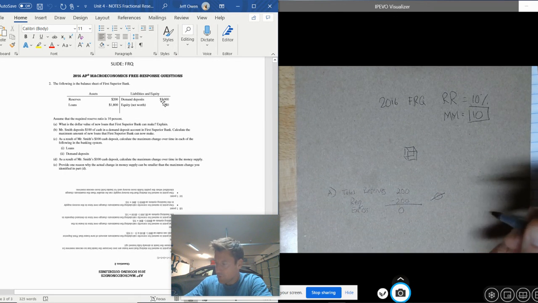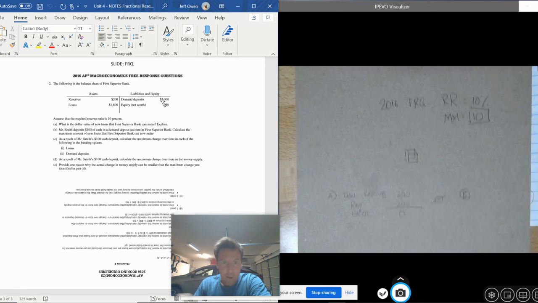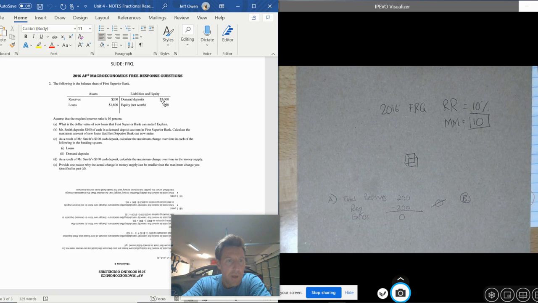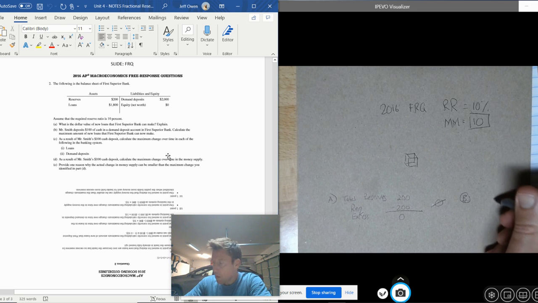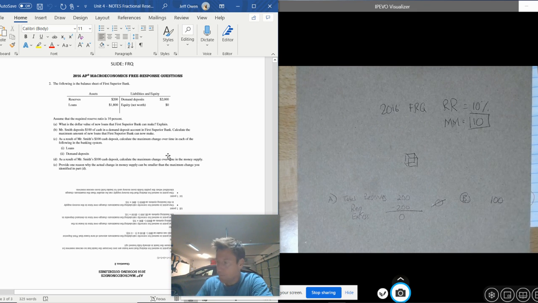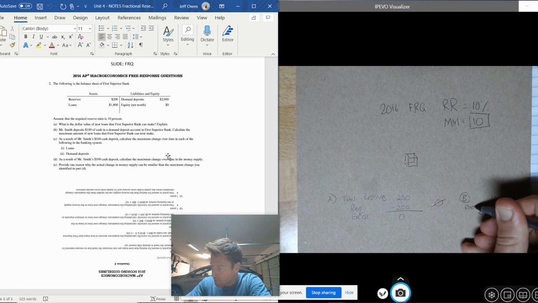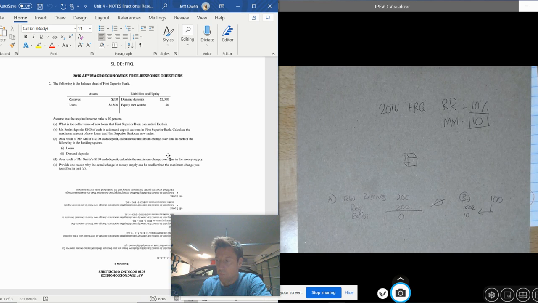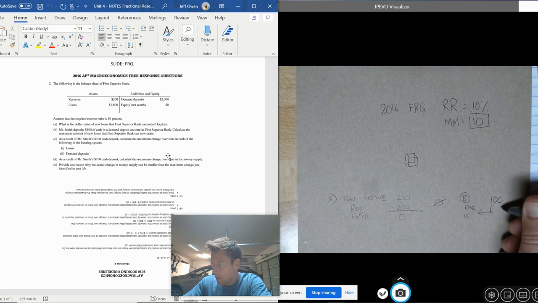B. B says Mr. Smith deposits $100 of cash into his demand deposit account at First Superior Bank. Calculate the maximum amount of new loans they can now make. Okay, so he's putting $100 into his bank account. So the required reserve is 10%. So how much does the bank have to hold? The bank has to hold $10 in their account, which means the new loans would become